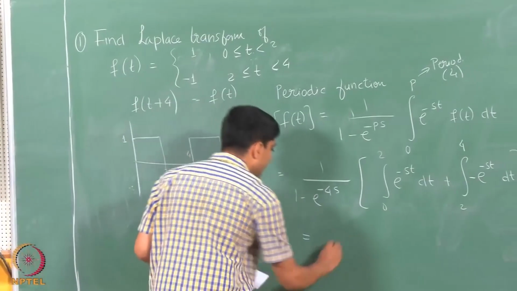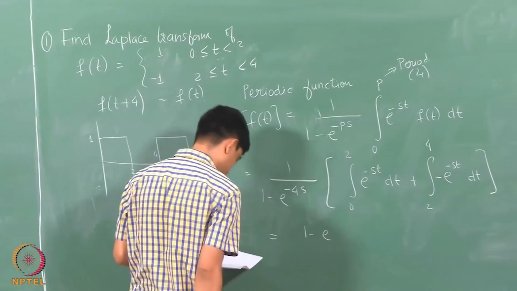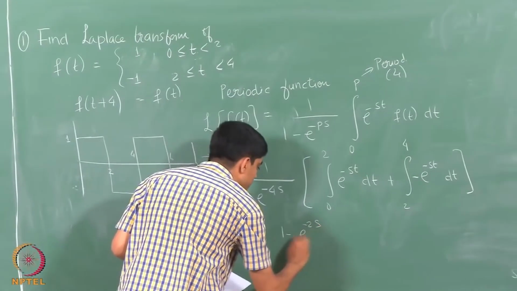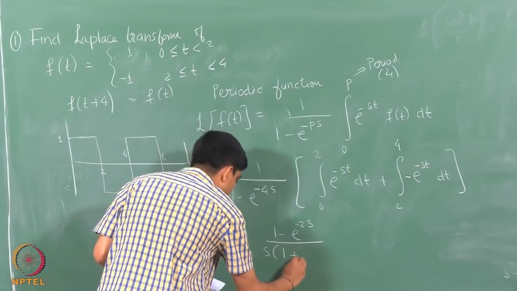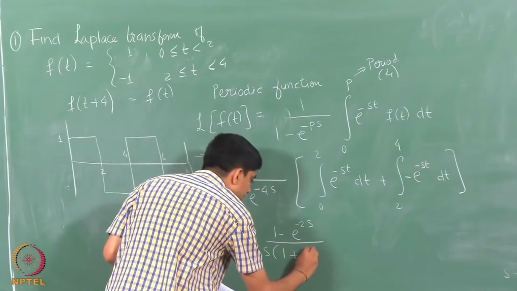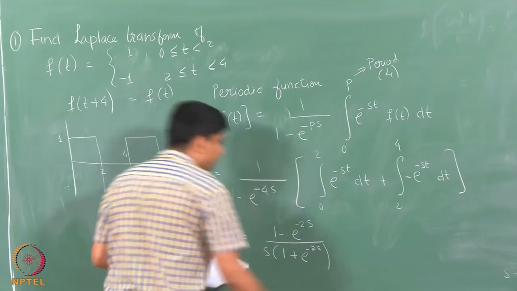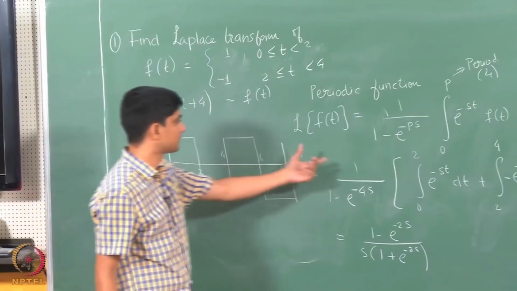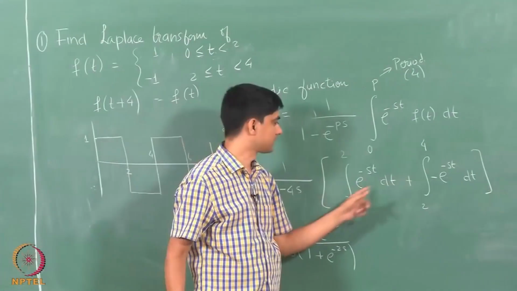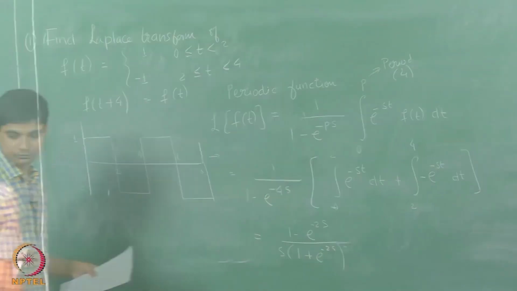So, this would simply be 1 minus e power minus 2s over s times 1 plus e power minus 2s. Okay, this is quite straightforward, right. Once you just plug in this formula, these are easy to compute. So, next we will look at